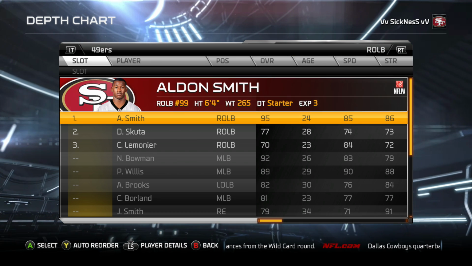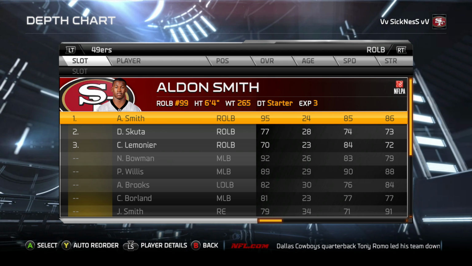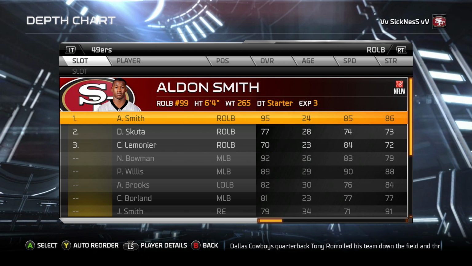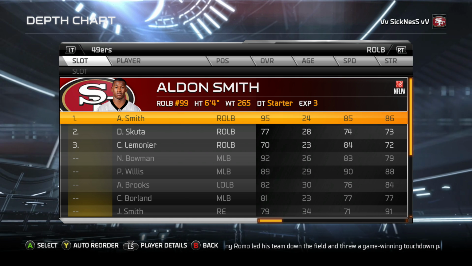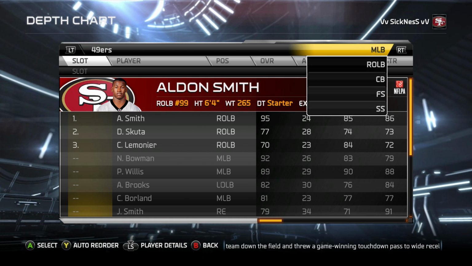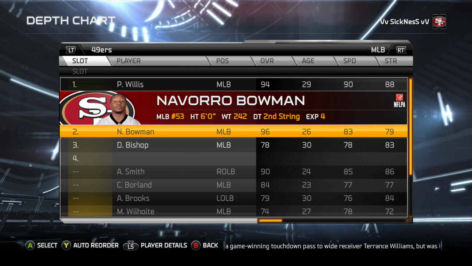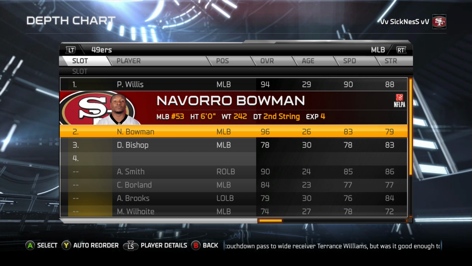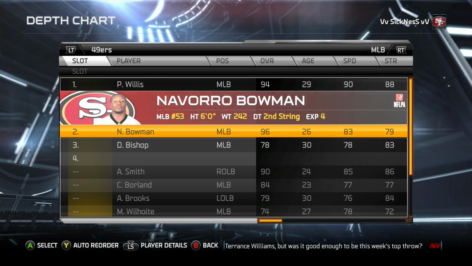And I'll go over the specific formations, like how to set up the depth chart when you're running 3-4 normal, 3-4 predator, even stuff along those lines when I'm actually breaking down those videos. But this is going to be my base, and the reason it is my base is because it requires the least amount of adjustments when I am running the other sets. So make sure you take note, and